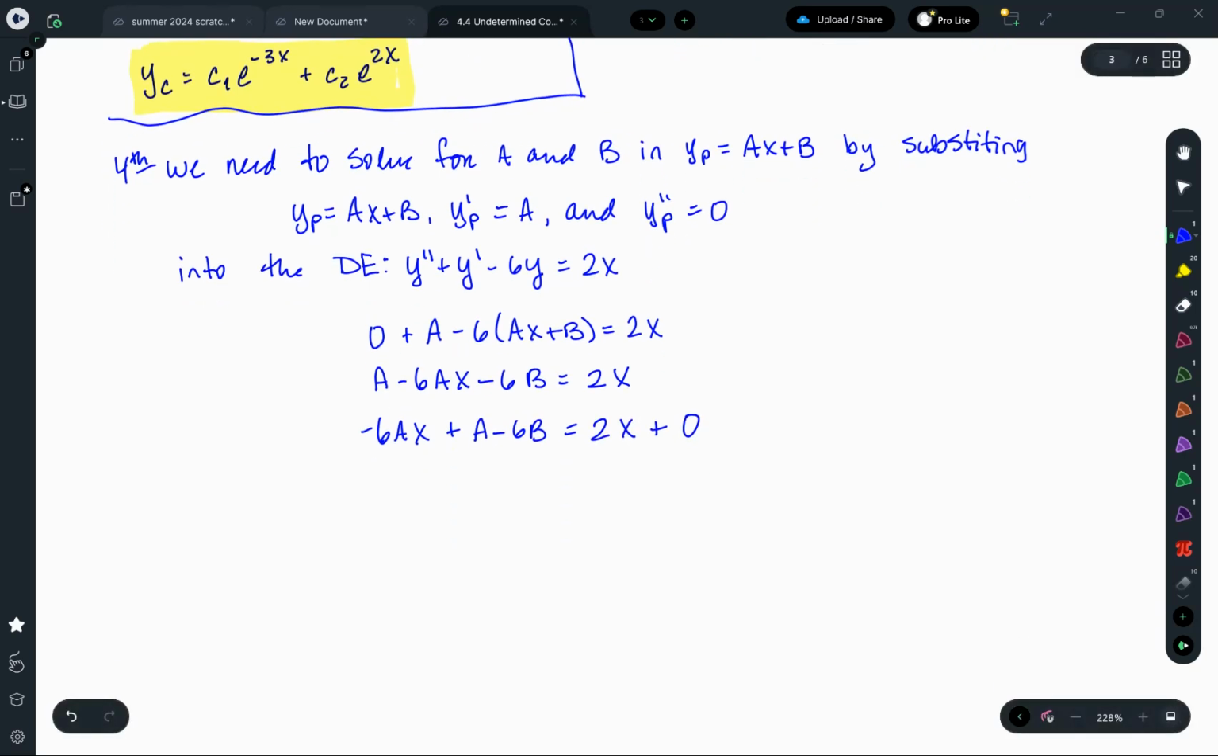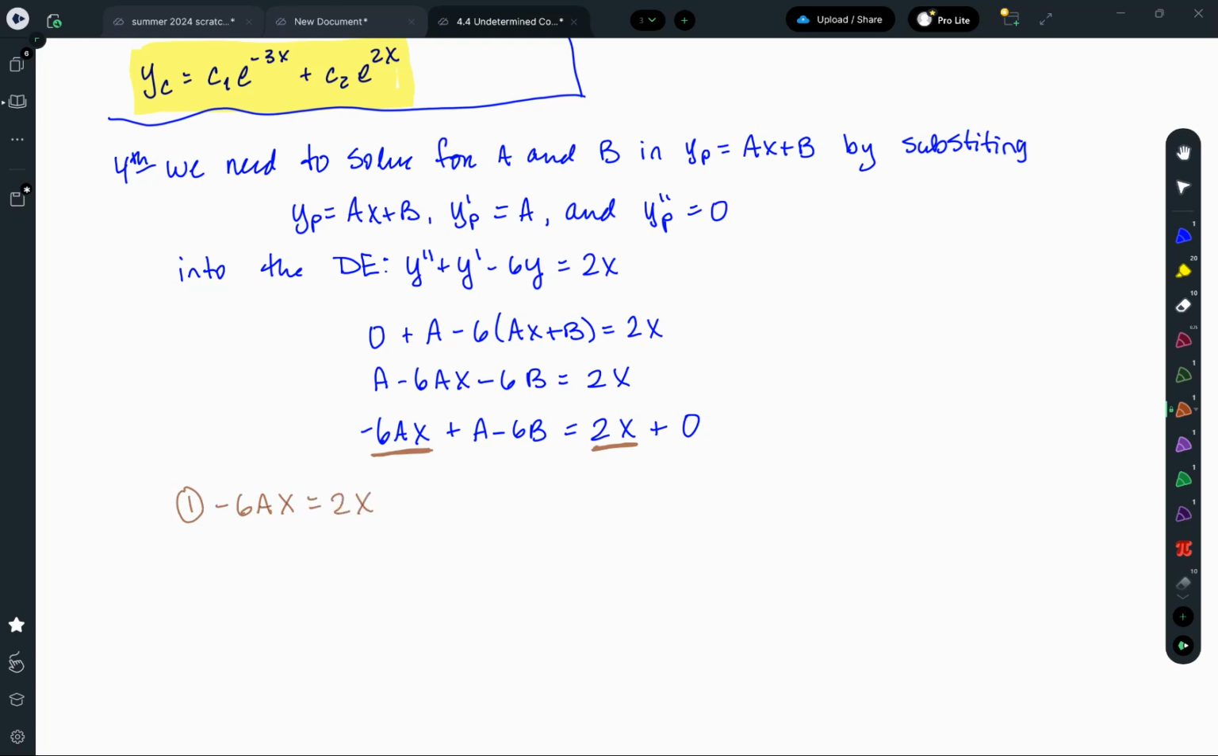And I wrote that plus 0 for a reason. I have a linear equation on each side of the equal sign. Because they're equal, that means their coefficients must be the same. So if I have a negative 6ax on the left, that should be equal to the 2x on the right. Okay, so that gives me my first equation. Negative 6ax is equal to 2x. I don't really need the x to solve this, and it's the same in each. I divide it out. I'm left with negative 6a is equal to 2,